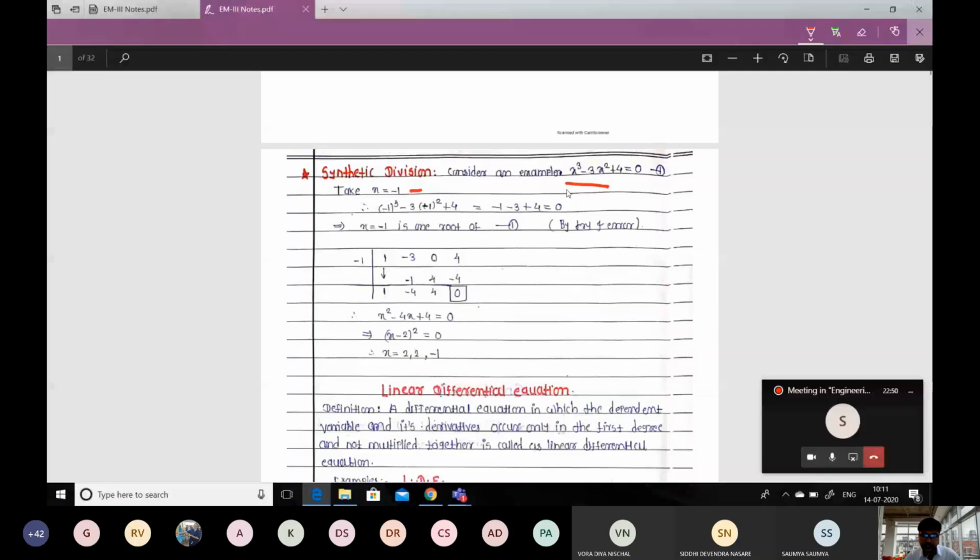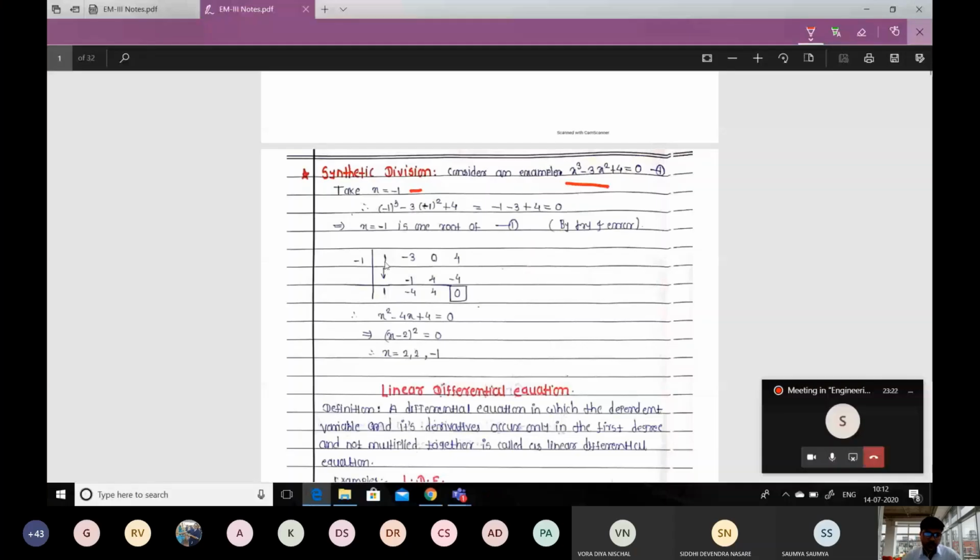Let me use synthetic division. Here I am going to use synthetic division. For that, we already found one root, x is equal to -1. I am writing the coefficients of the terms of x from higher degree to lower degree in a row like that: 1, -3. 1 is the coefficient of x cube, -3 is the coefficient of x square, and 0, because x is absent, so 0 is the coefficient of x, and the last term is 4, which is written here.